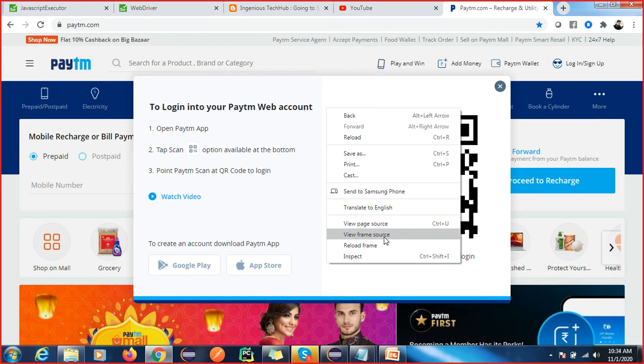I'll show you that in some applications frames are already there, but this option does not come. So how do we check this? One way is to find the number of frames. If frames are available, then we are able to perform the operation. Second way, you can right-click and see view frame source. If it is there, then frames are there. Third, we can also use view page source.